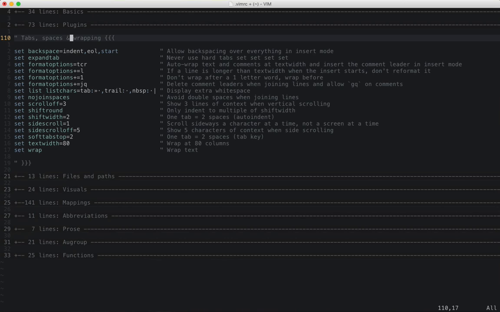Again, a lot of things in here you probably already have in yours. They're fairly default things that most people have. Backspace, for example, just going over everything. Expand tab, because